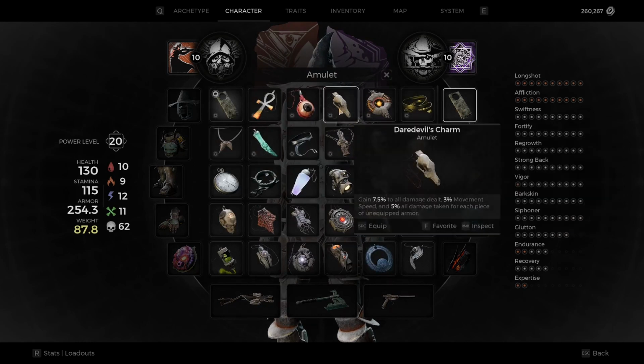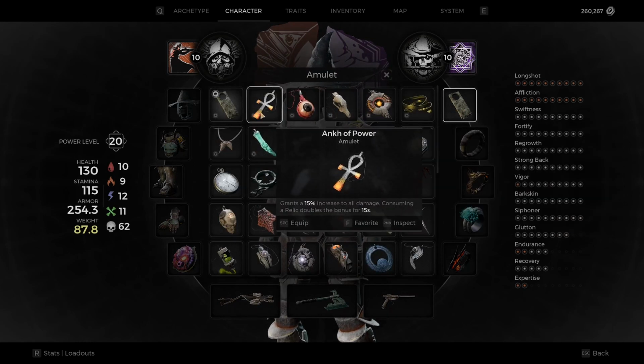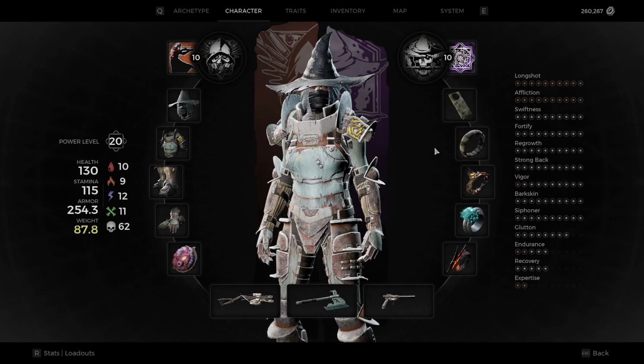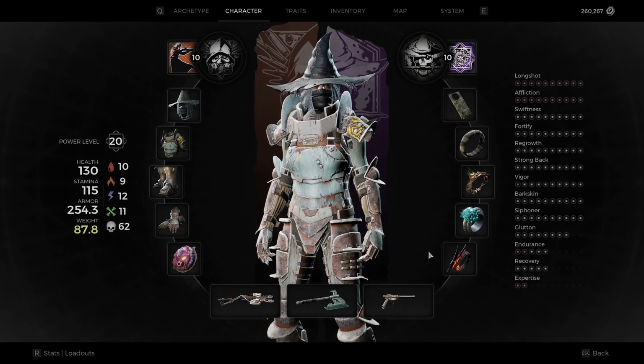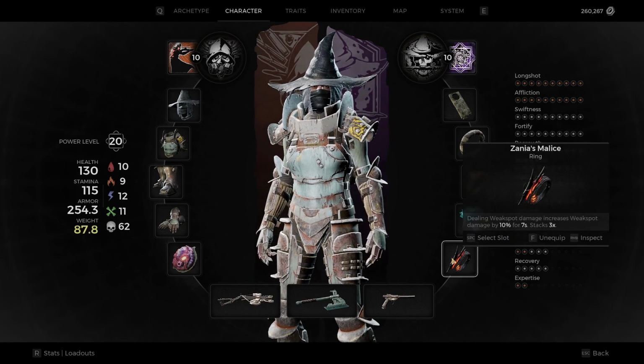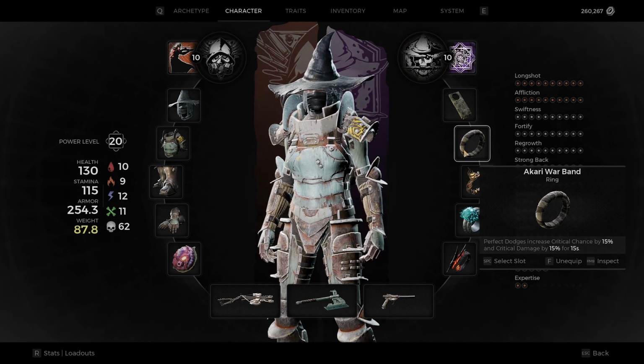There's obviously a lot of different options, but some good ones are Ankh of Power or Nightweaver's Grudge. Now for the rings, ideally you'll be running something like this. Obviously this is dependent on the boss having a weak spot, because otherwise Zanya's Malice is garbage. But Akari Warband, we throw our grenade at the beginning of the fights to proc this, and 15% crit and